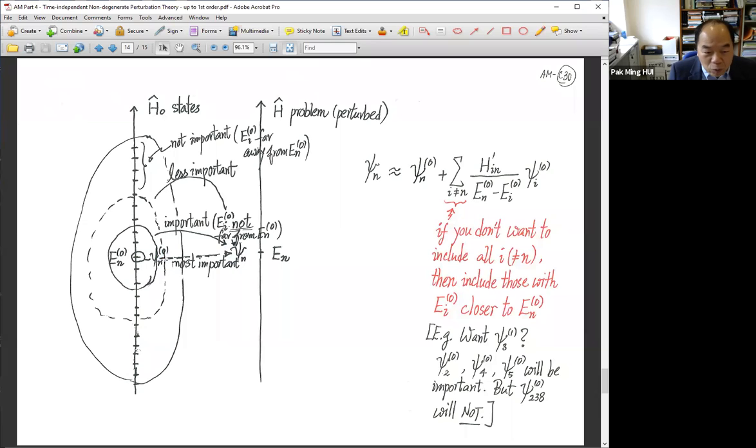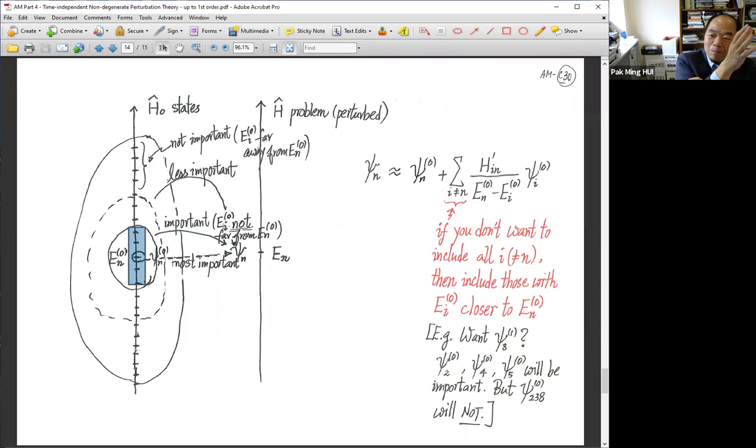And now, if you want to include more, try those who have energies that are not too far away from you, nearby, because this will make the denominator not too big. This state inside this first circle will be the most important unperturbed state to mix in, to adjust your 0th order state to look like the